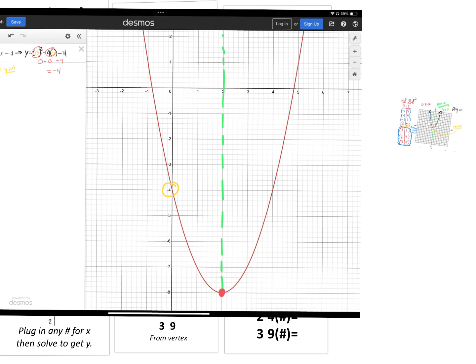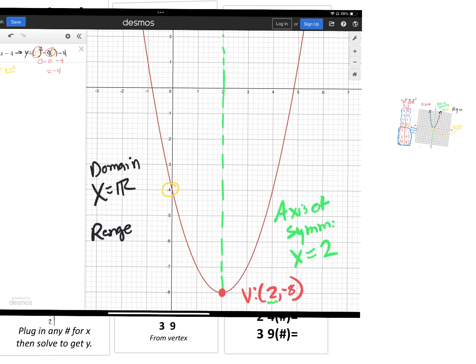Just to recap, axis of symmetry is the vertical line that passes right through the vertex. What is the vertex? It's the highest or lowest point, in this case the minimum value because it opens up, and that vertex happens to be the location (2, -8), which means that the axis of symmetry is x equals the x value of your vertex, which happens to be 2. The domain of this graph or any parabola is x equals all real numbers, and the range, because it opens up,